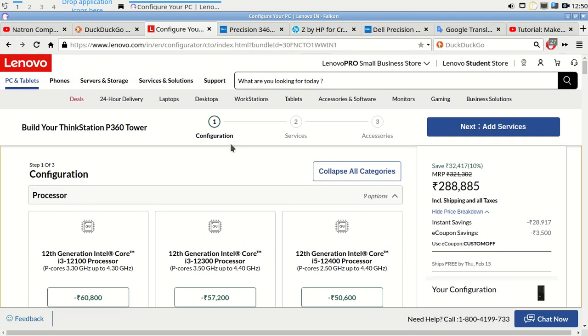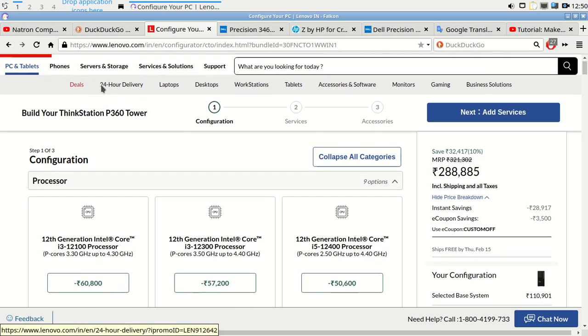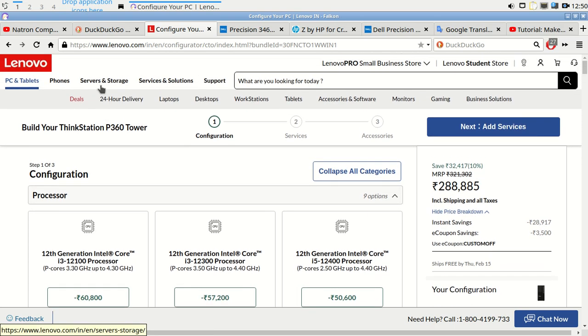So in this video I'm going to show you how to customize a desktop workstation PC. I have opened the Lenovo workstation and made this video on how to customize it, because I want to buy a workstation, but I